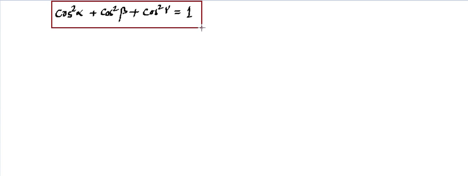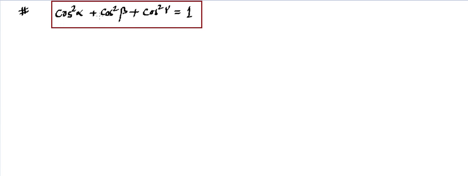Now, out of this cos alpha, cos beta, and cos gamma, if we write cos square alpha plus cos square beta plus cos square gamma for any vector, then you'll find the answer will become very simple. That means alpha, beta, gamma are not independent from each other, rather they depend on each other, and the dependency is this: cos square alpha plus cos square beta plus cos square gamma comes out to be 1. So this is how alpha, beta, and gamma are related in case of 3D vectors, where alpha, beta, gamma are the angles with the corresponding XYZ axis.